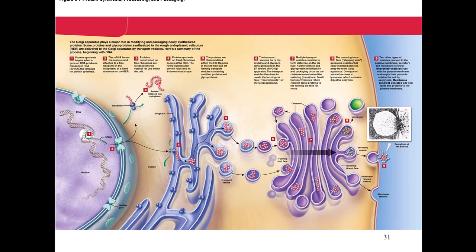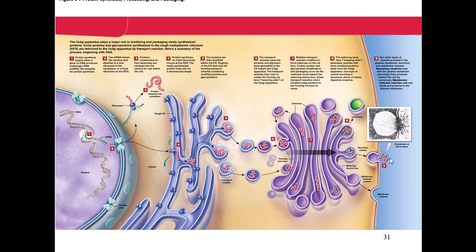So let's look at the three functions of the Golgi apparatus. This picture does a good job with that. Let's take the exocytosis first. So now our protein is in this little balloon right here. Again, think of it as a water balloon, except it doesn't have water in it. It has a protein. This will pinch off. Then the vesicle, now called the secretory vesicle, will migrate like this to the cell membrane and blend with the cell membrane over here and open up, and it will actually release the protein from the secretory vesicle out into